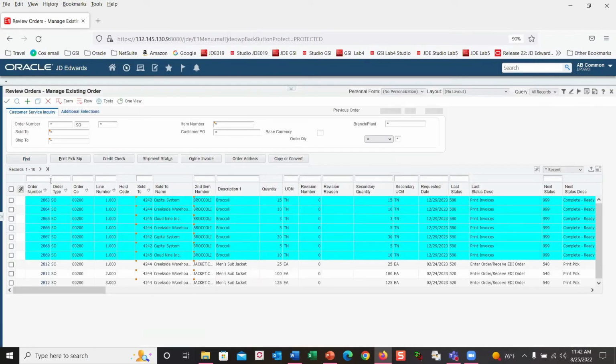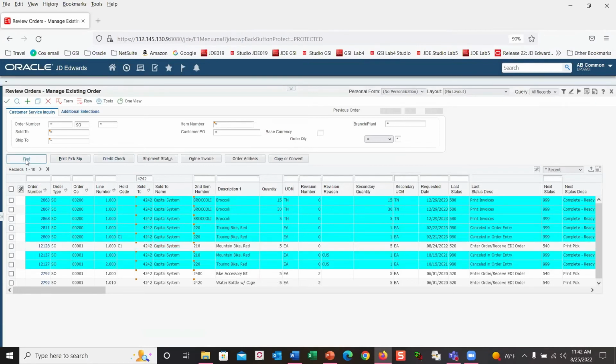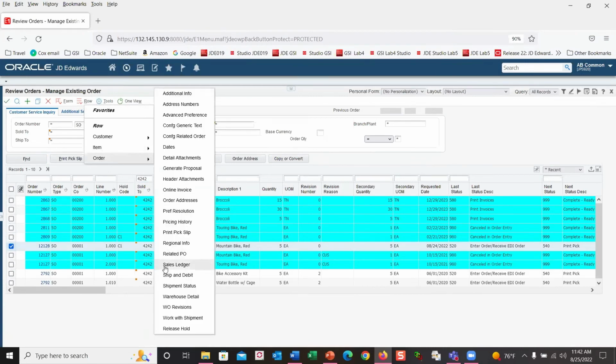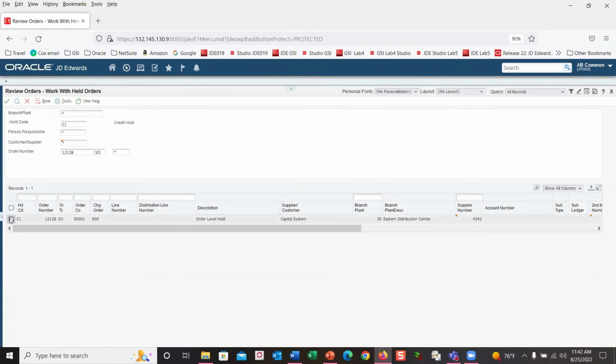Let me remember what that order number was in this customer 4242. And we can go to the row exit on the order and release hold. It's going to take us right to the release hold,